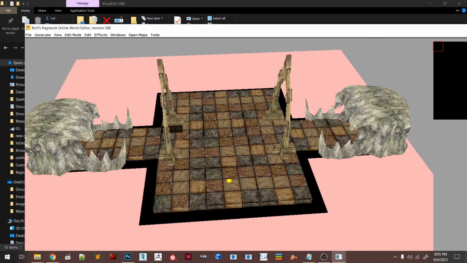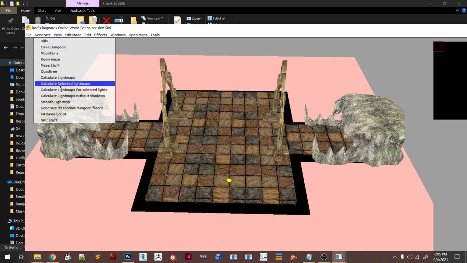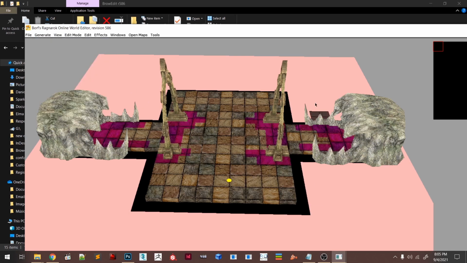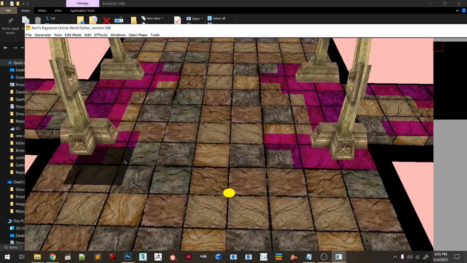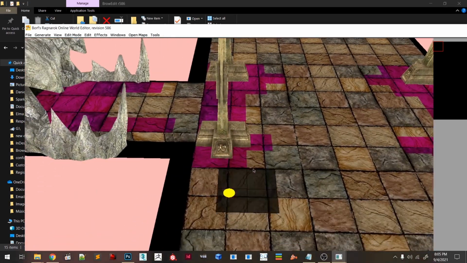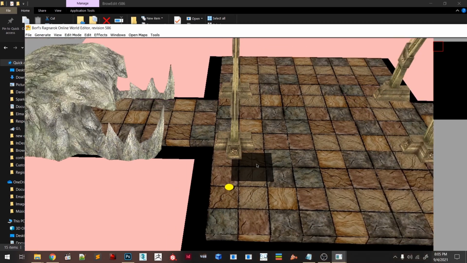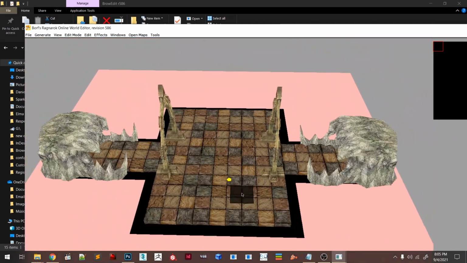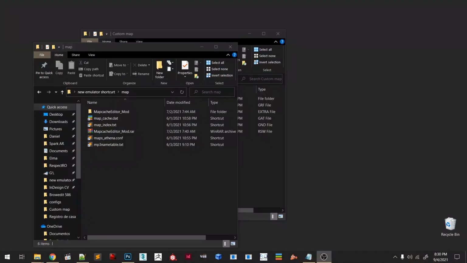So file, save. And one more thing, every time you finish the map, you should go to Generate and create the tree. You'll see this purple calculation on the ground, and you just go ahead, file, save again, and now your map is perfect and good to go. I'll showcase it in game so you can have an idea how it looks.